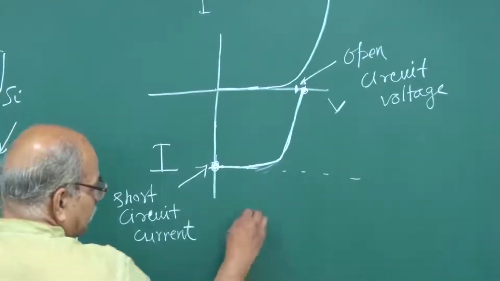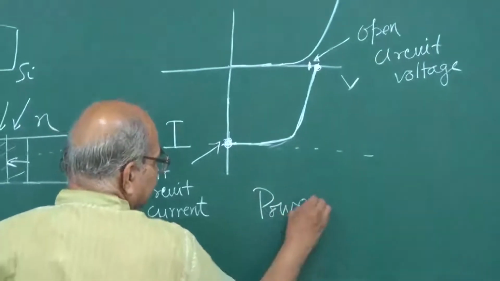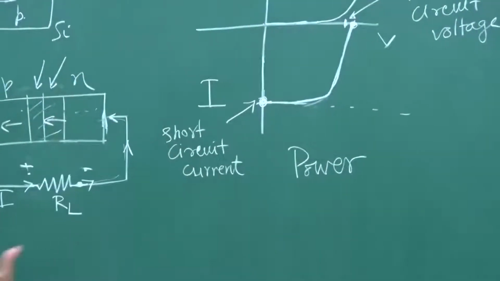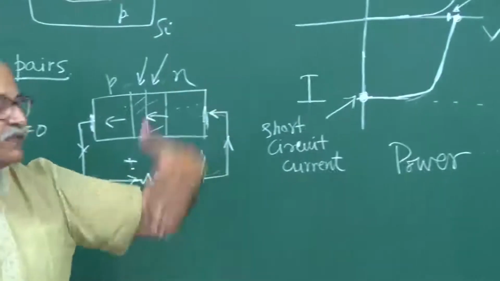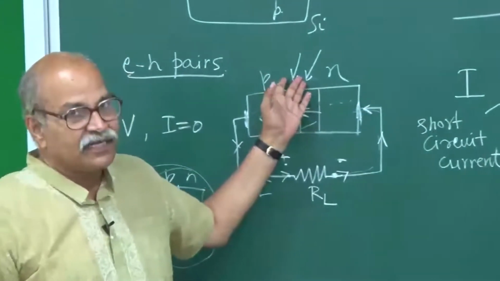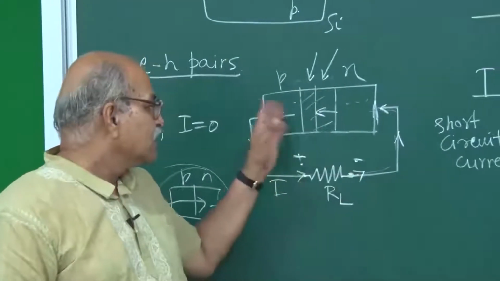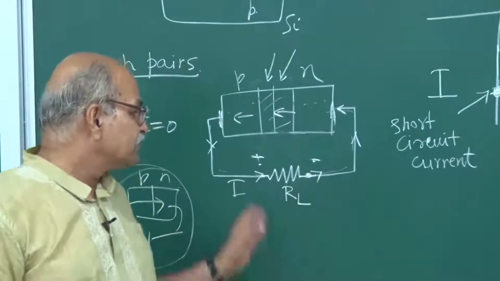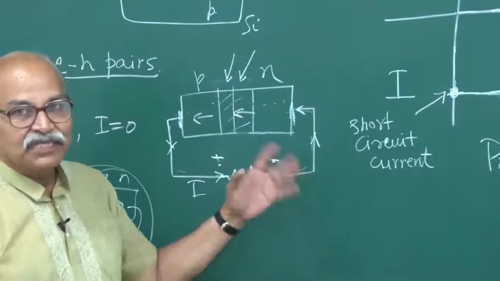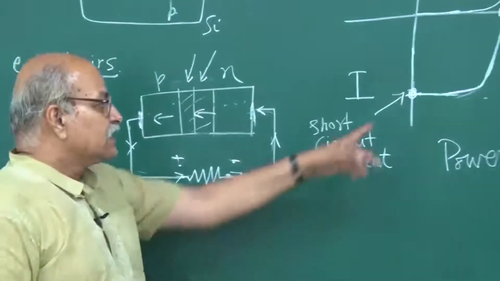What about power? Because we are interested in power. From solar panels, what we need is power. So, we have light falling on it, normally sunlight, and then we put some load here, so that we get some potential difference, we get some current, and so there is power. So, in this case